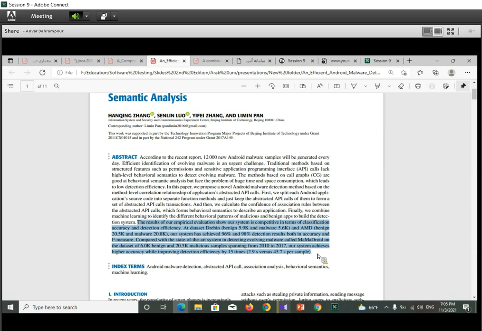So at the last part of the abstract, they should also address the results of the evaluation. As you see, the result of our empirical evaluation shows our system is competitive in terms of classification accuracy and detection efficiency.